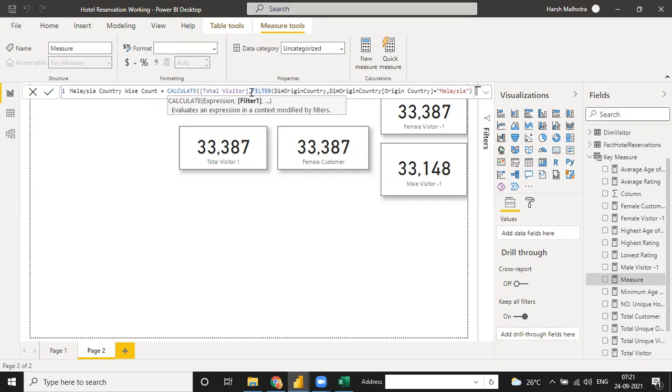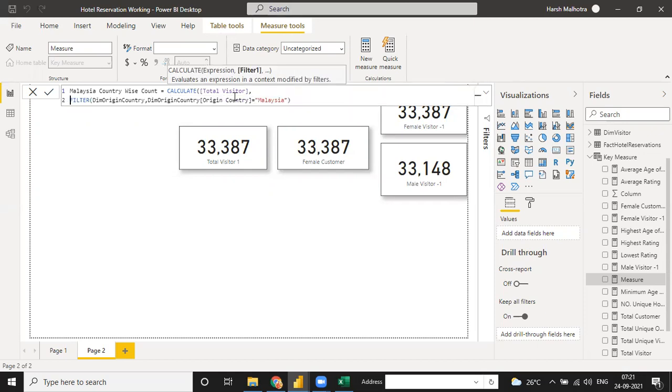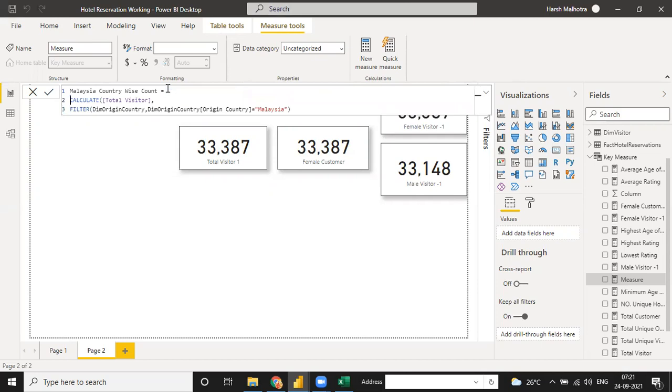You just drag and drop two things. First, calculate total visitor, and second, filter from the table name and the column name. The table name is the full table name, like origin country, and in the column name you enter which column to filter and the criteria. So right now I need Malaysia-wise.